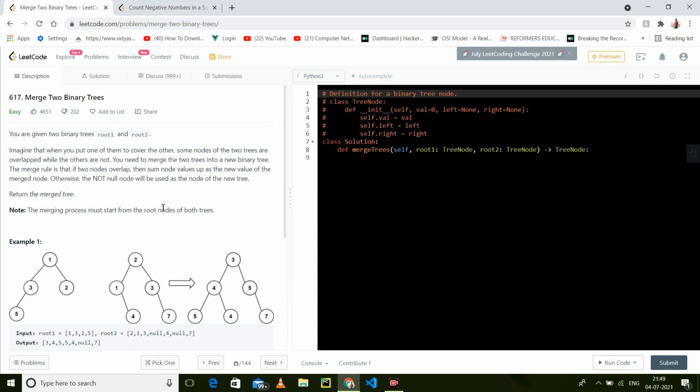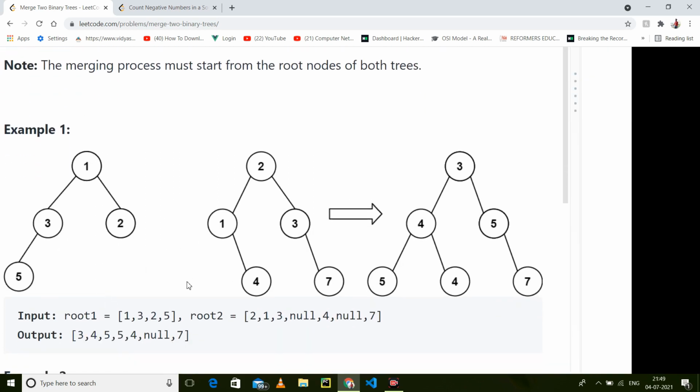We have two trees, and it is given that we have to add these two nodes. We have two roots, root 1 and root 2. So 1 plus 2 is 3, 3 plus 1 is 4, 2 plus 3 is 5, but in this there is no node, so we will consider it as 0, so it's 5.